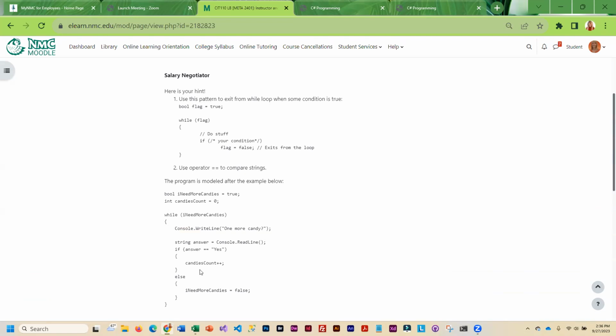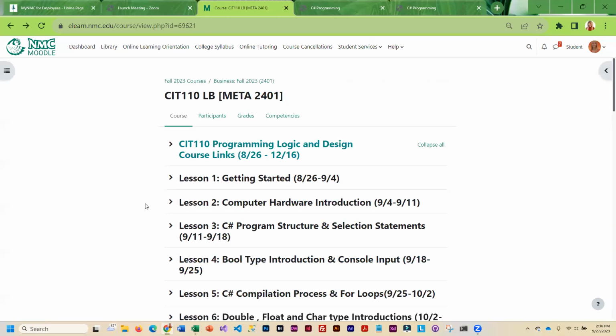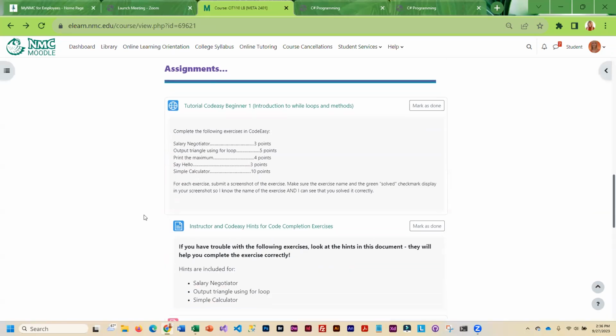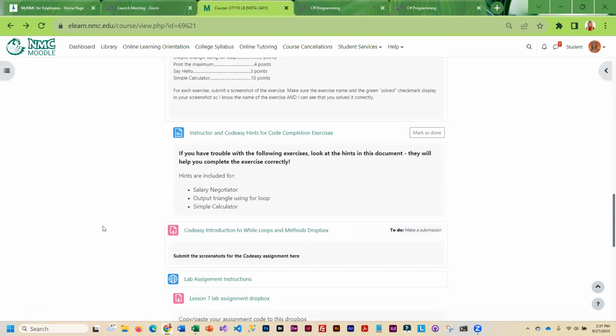And you can even print this out. I think that this will help you tremendously. And if you do get stuck, you can email me, copy paste your code so I can see what you're doing. I have done all of these exercises, so I should be able to point you in the right direction.